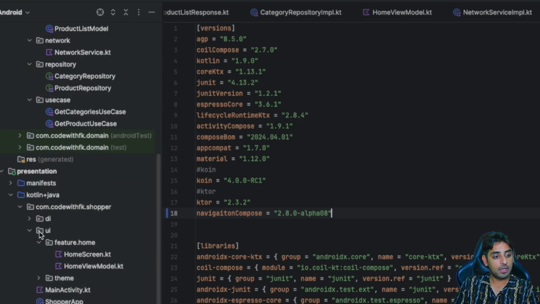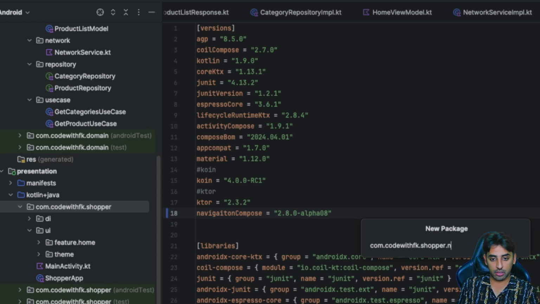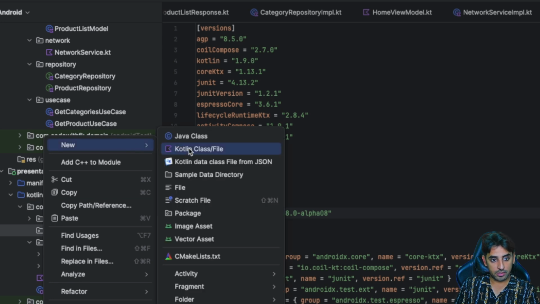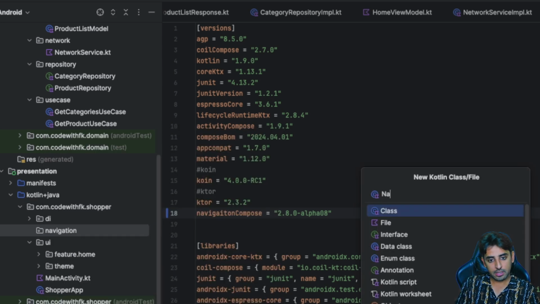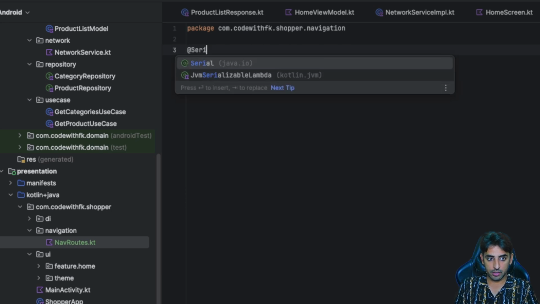First thing, right? Second thing is that inside this presentation layer, I'll go to this section and create a new package, and let's call it navigation. Okay. And in this navigation package, I'll create a class and call it NavRoutes. Okay. And this is going to be a file. Over here we'll create classes, and the first thing we would like is we need